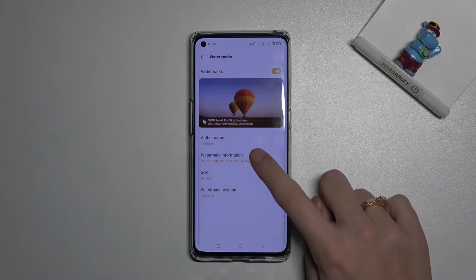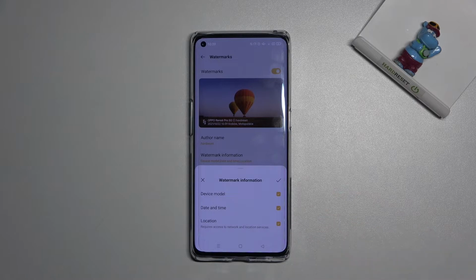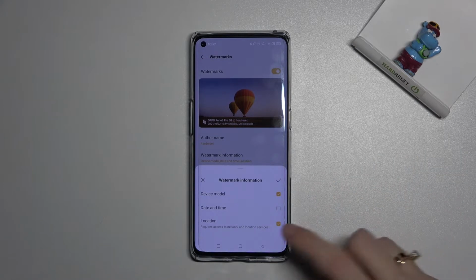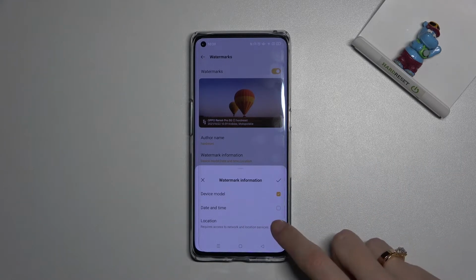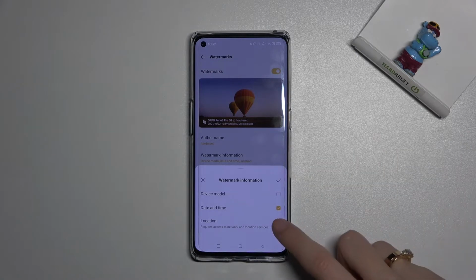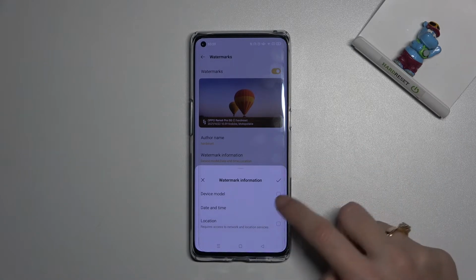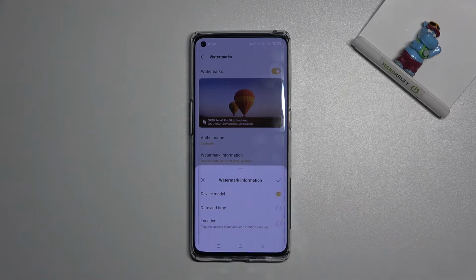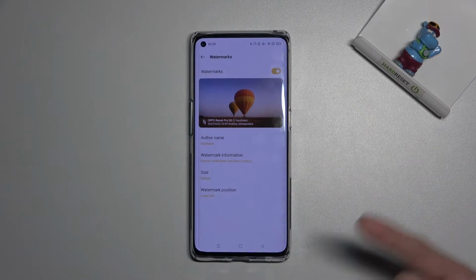Now let's move to watermark information. Here we can decide what is turned on or what is turned off. So for example, we can leave it like that with device model and location. We can turn off location or turn off device model. The only requirement here is that we have to select at least one of them. Now let me keep all of them turned on to show you how it works and looks like on the picture,